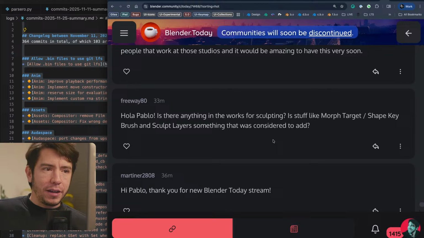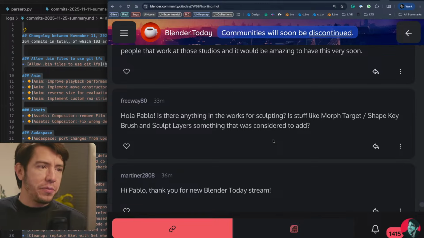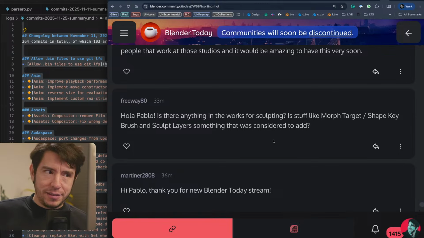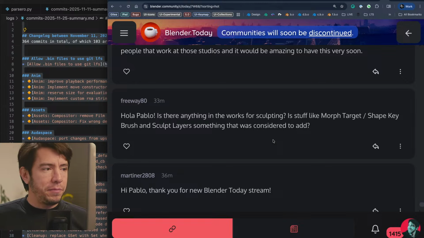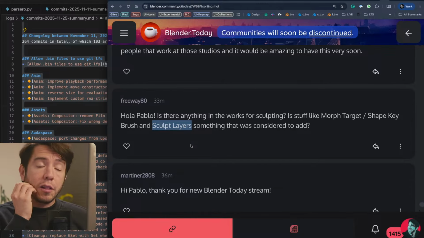Freeway 80 says, Hola Pablo, is there anything in the works for sculpting? Stuff like morph target, shape key, brush, and sculpt layer, something that I was considered to add. Yes, sculpt layers are part of something that Blender developers in the sculpt module want to add.